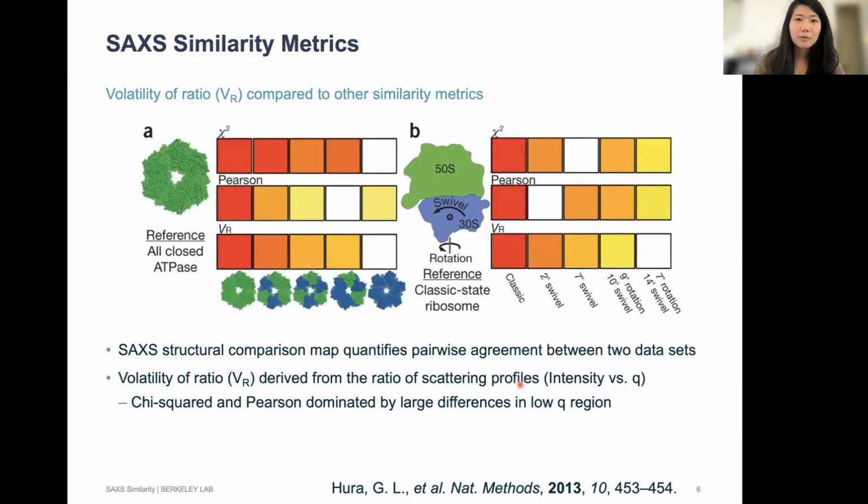The metric that we are using for the web app is the volatility ratio, which some of you, if you like finances and stock trends, are probably familiar with. And we have developed a volatility ratio metric for SAXS. And it's been really nice because it helps us